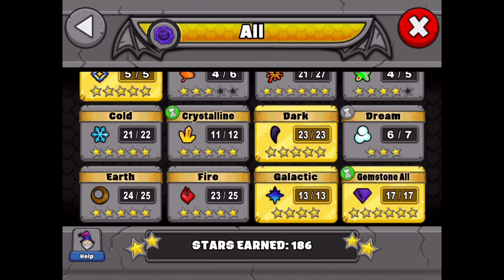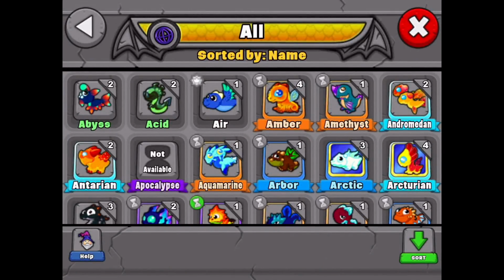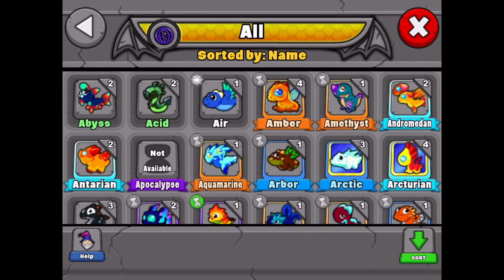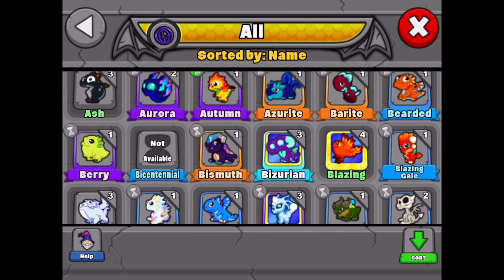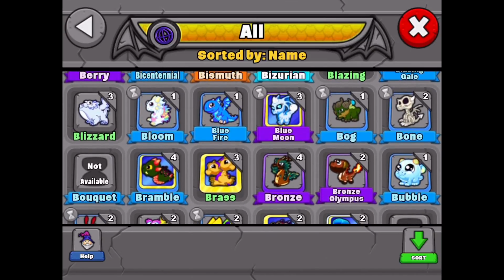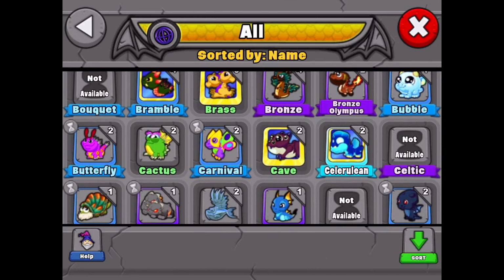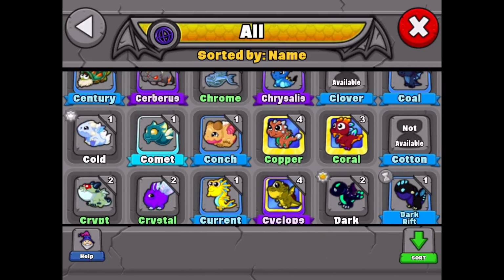And then after the Crystallines, there's a lot of other limited dragons. And there's quite a few of them. If we go back into our all list, there's quite a few limited dragons, such as the Arbor, the Aurora, the Autumn, the Bearded, the Berry, the Bloom, and the Bone, the Bouquet, the Flower, the Bramble, the Butterfly, the Carnival, the Celtic,